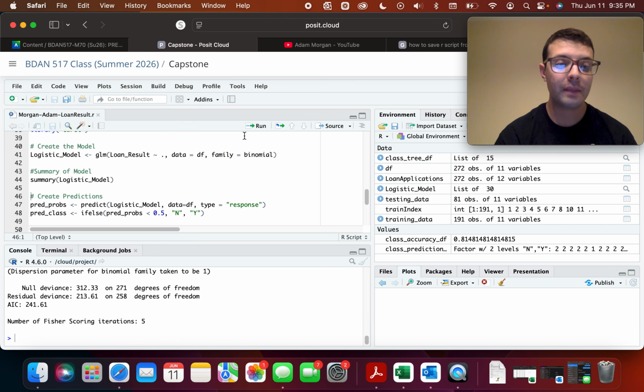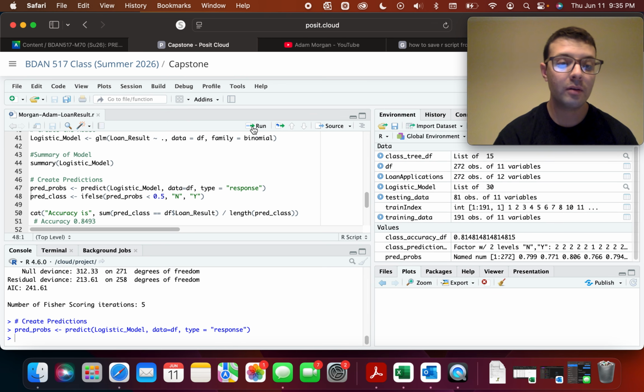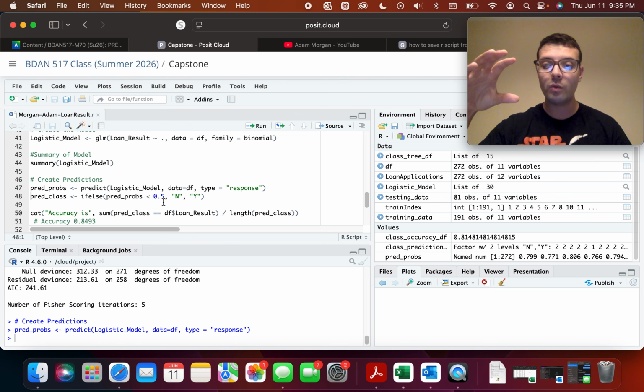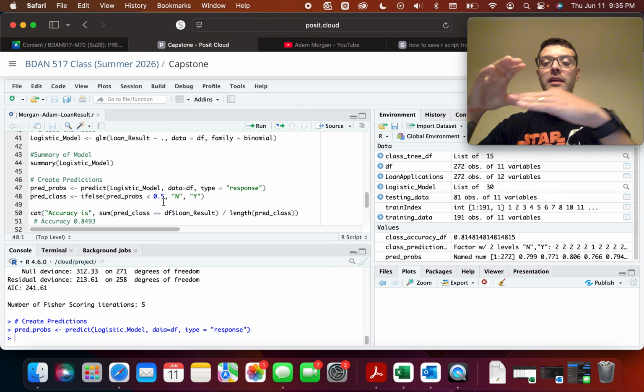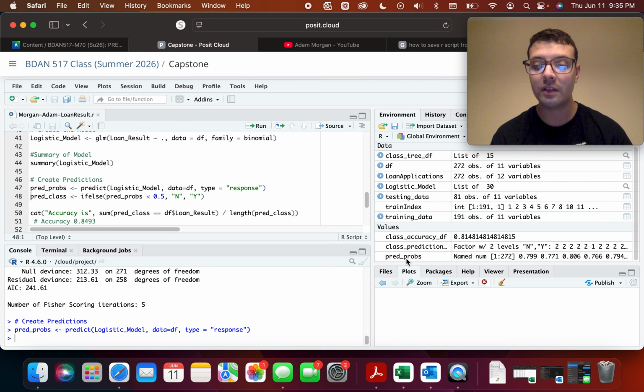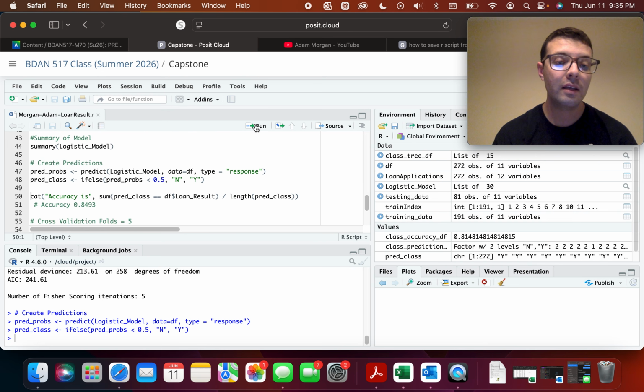Okay, in predictive class, we're going to set it at 0.5, so no being 0, yes being 1, and that line at 0.5 is going to give us what our accuracy is. So if it's above 0.5, then it's a yes. If it's below 0.5, then it's a no. So here you see the predictive probabilities. So this would be a yes, yes, yes, yes, yes. Okay, when we run that, we get the accuracy